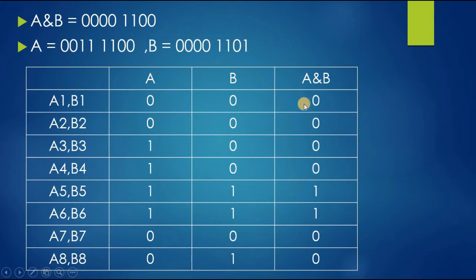By using the truth table of the AND operator, we got the result here. AND operator tells that if both values are zeros, then the result will be 0. And if the first variable contains 1 and the second variable contains 0, then the result will be 0. And if both the variables contain 1, then the result will be 1. And if the first variable contains 0 and the second variable contains 1, then the result will be 0. This is how we got the result for the AND operator.